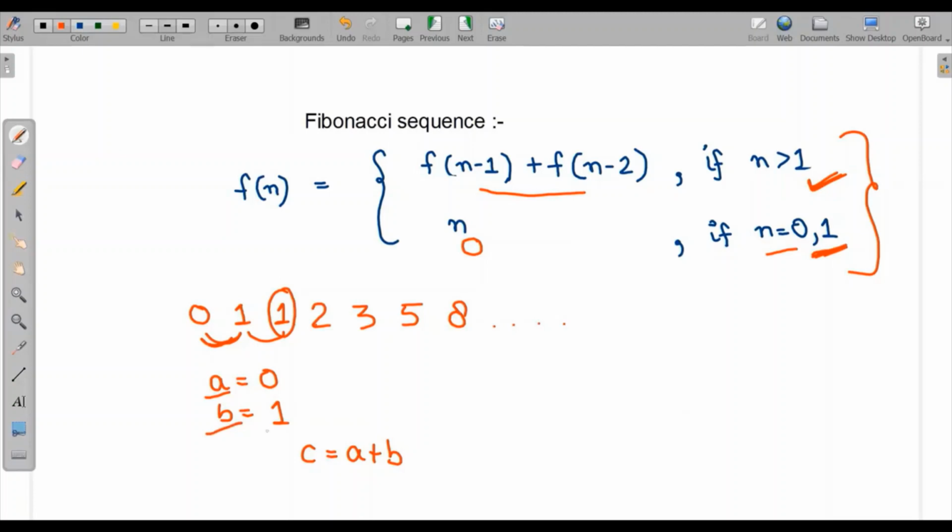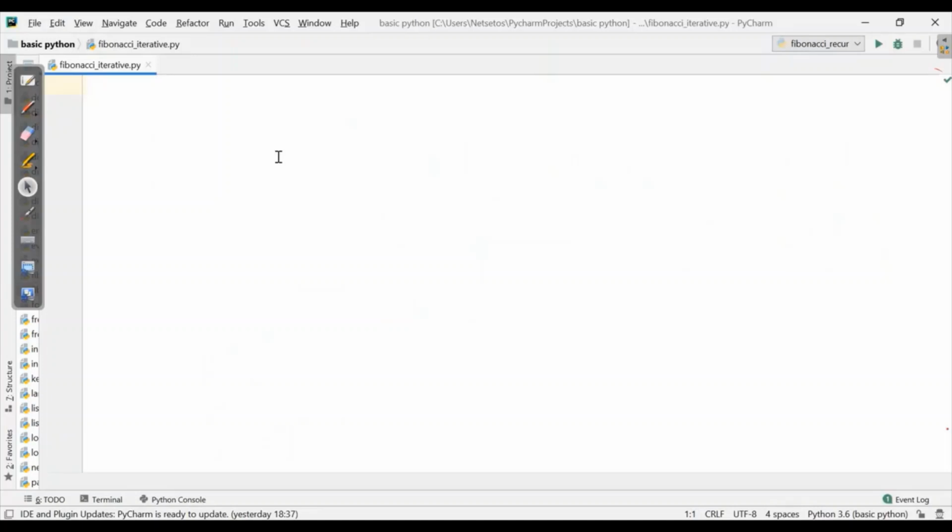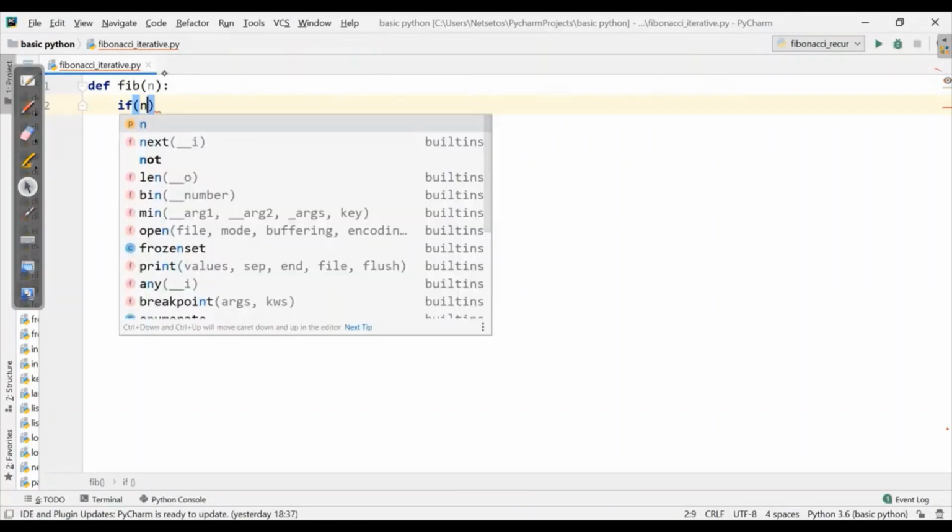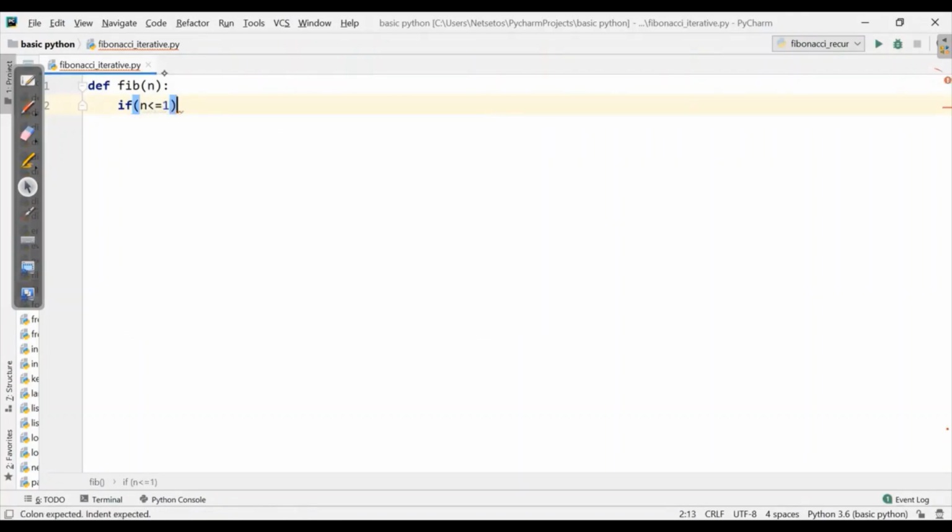So let's understand this by executing in our program. Here I have opened a file with Fibonacci underscore iterative. As we can solve this problem in two ways, first is iterative and second one is recursive. Let's see iterative first. For this, we need to define a function. So we will do that by def fib, and here I'll give n in parameters. First, we need to give a base condition or a terminating condition. So I'll give if n is smaller than or equal to 1, return n. Else,